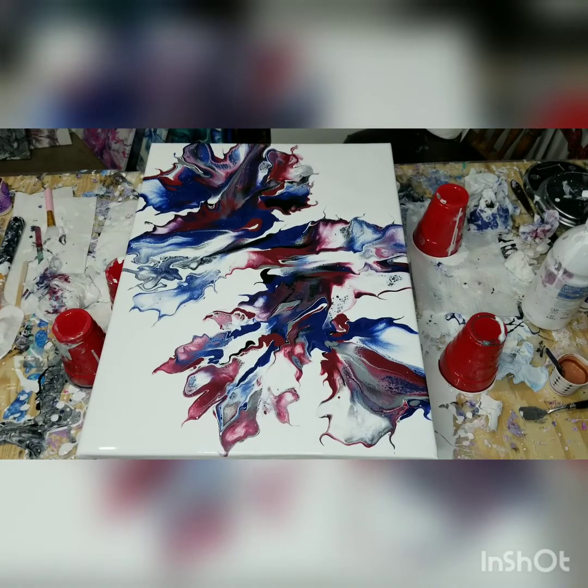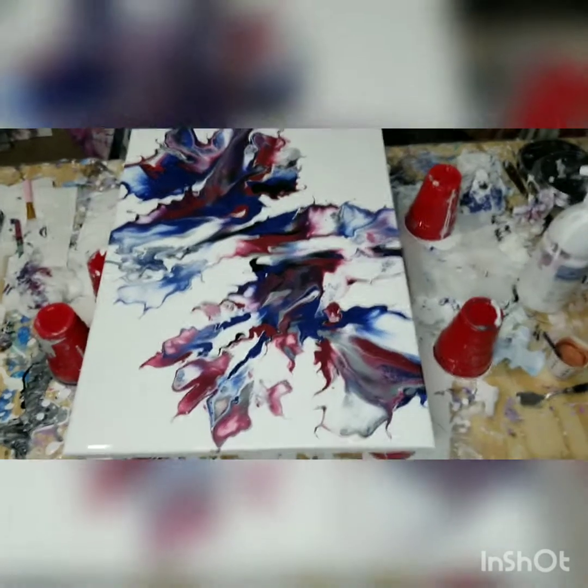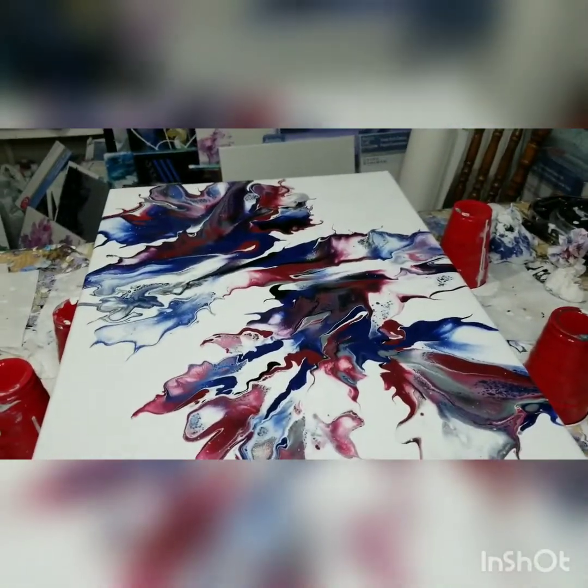So pretty. All right. These colors, I guess, would be more for the 4th of July. All right, wipe my hands off here real quick and I'll bring you down so you can take a look. I'll shut this light off so we don't have...